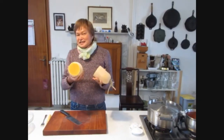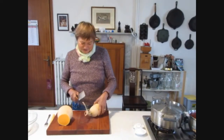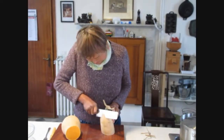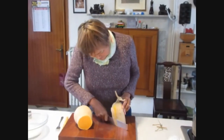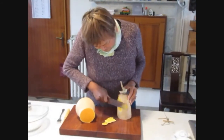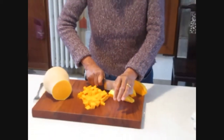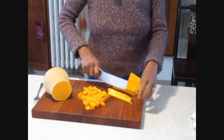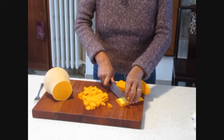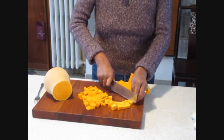Squash for tortellini because it's Halloween today. Well, actually yesterday, but it's still. So here it is. The squash has been peeled and cut into about inch-thick cubes, so it will be easier to